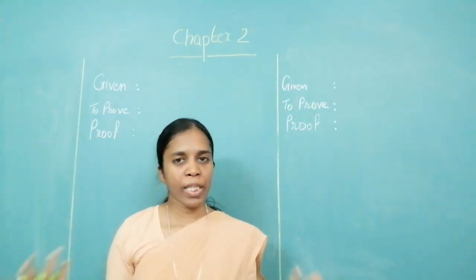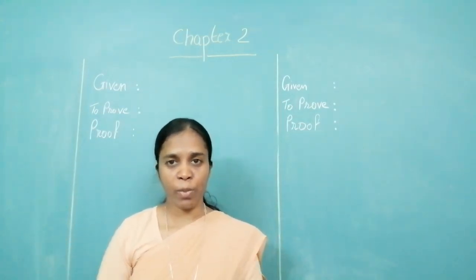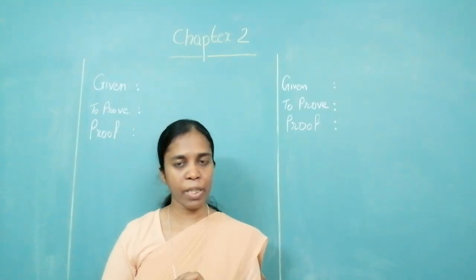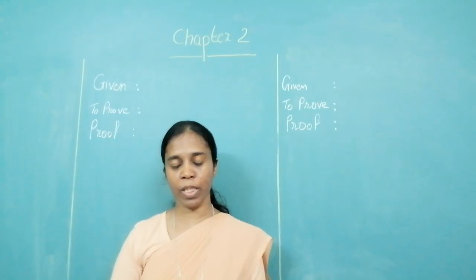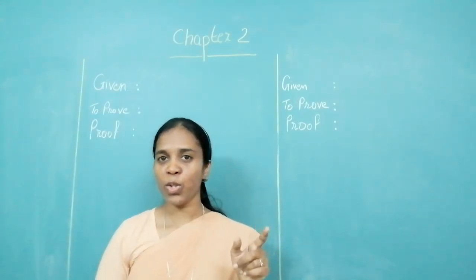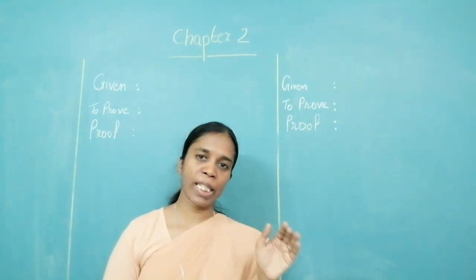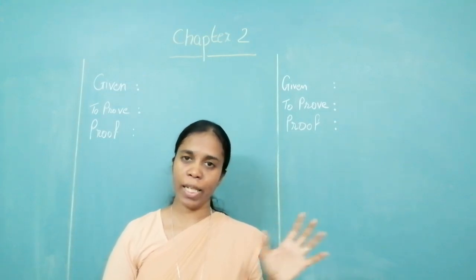What did I tell you? When you hear the word parallel lines, what should come to your mind? Interior angles are supplementary, corresponding angles are congruent and alternate angles are congruent. Important part, you should know how to identify the pair of interior, corresponding, alternate angles.